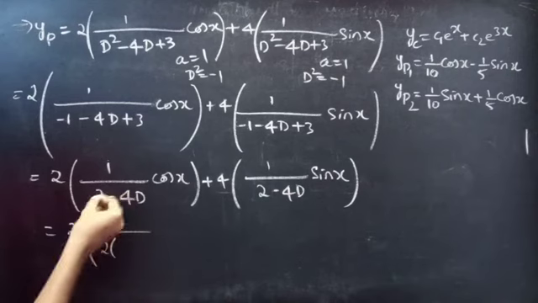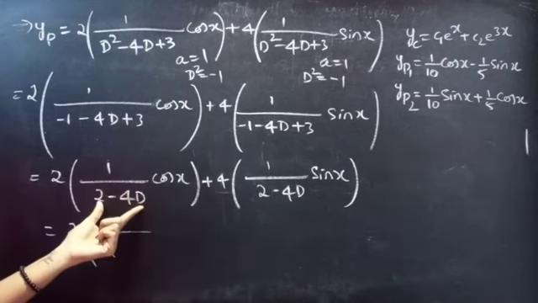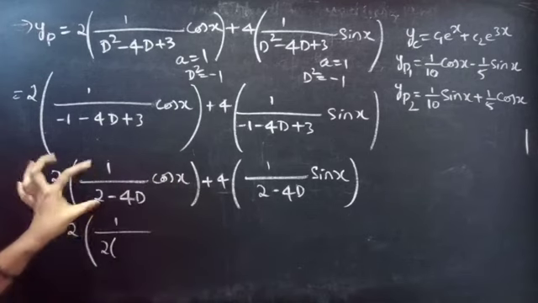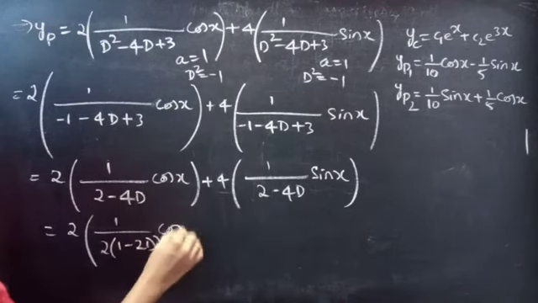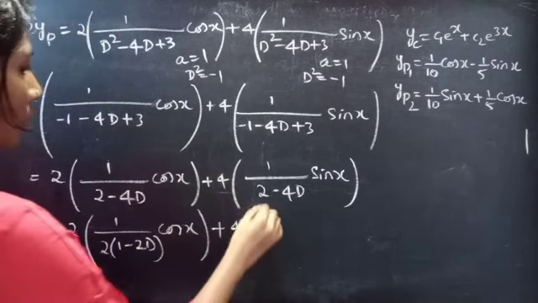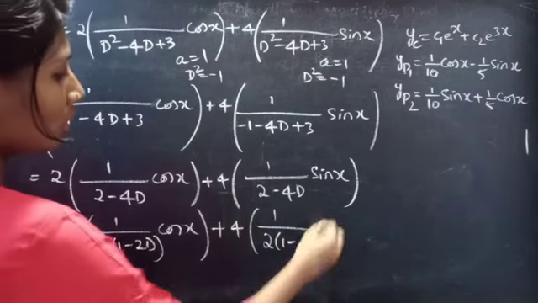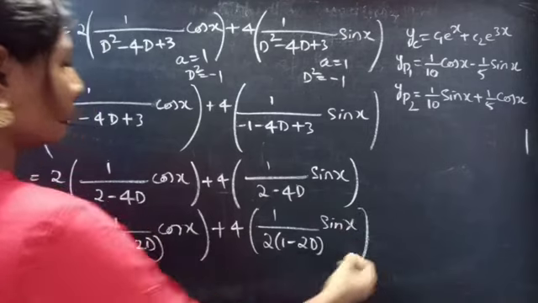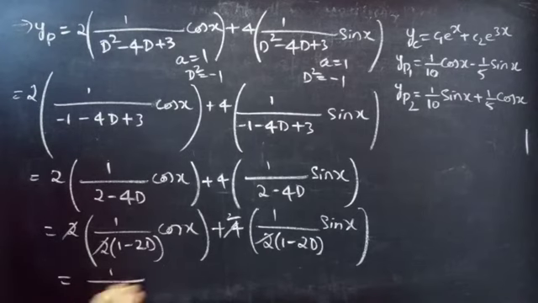I mean, you can just take 2 plus 4d and multiply 2 plus 4d to this fraction. Plus 4 into 1 by, take 2 common, you'll get 2 times 1 minus 2d into sine 2x, right? The 2s get cancelled, this is equals to 1 by 1 minus 2d into,